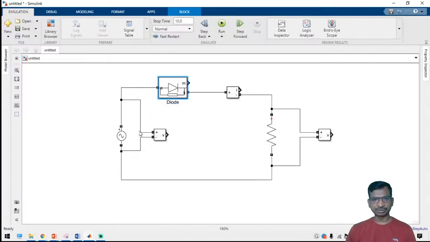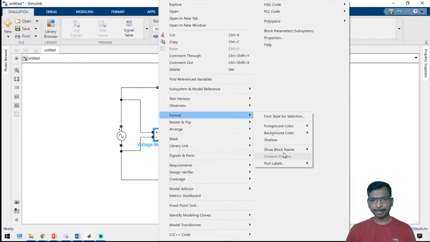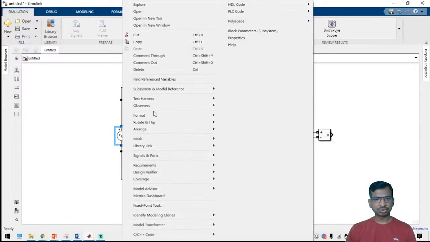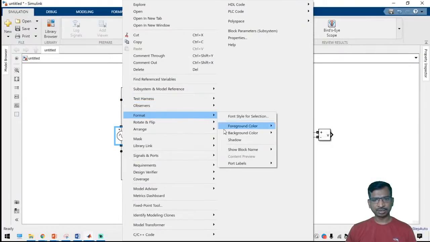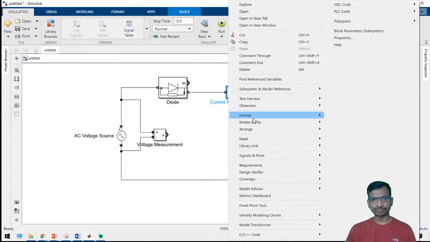So this is the diode and this is the voltage measurement block. This is the current measurement block.